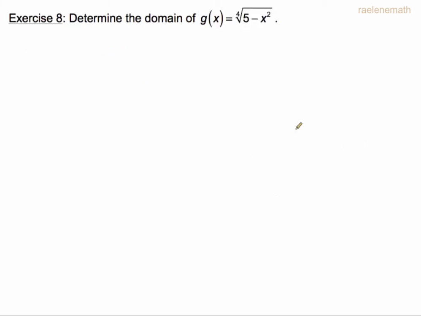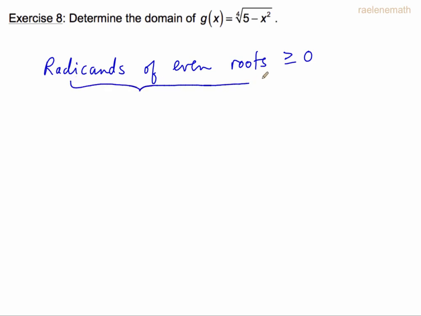So in this exercise, we want to find the domain of this function, and the domain says that radicands of even roots must be non-negative. So radicands of even roots being non-negative means greater than or equal to 0. So directly underneath, I will put the radicand, which is the stuff under the square root, which is going to be 5 minus x squared. And so we can rearrange this to get 5 is greater than or equal to x squared,